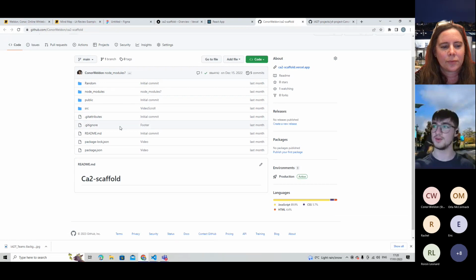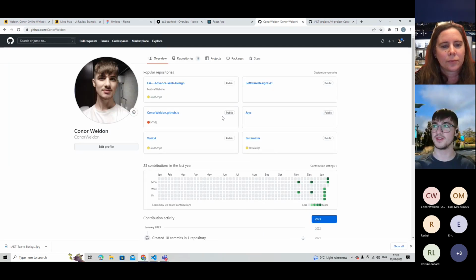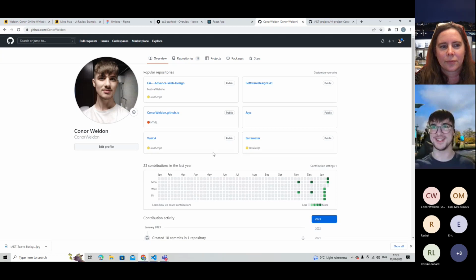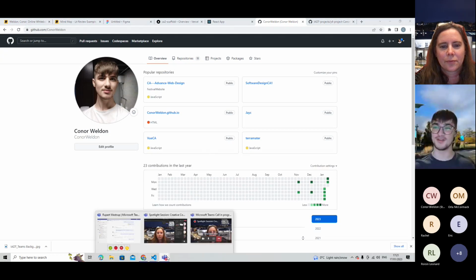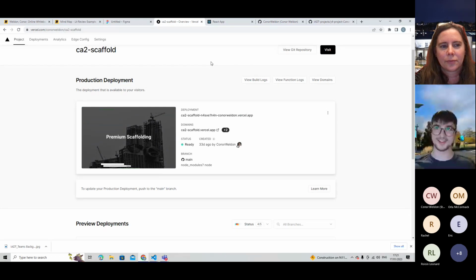And this is all my code. And it's basically just a big place that stores all your data and stuff. And it's really nice. It's where I store all my projects, which I'll show you really quickly. And so I have my 11 repositories, and it does keep track as well of how active you are. So because I'm doing my thesis, I don't think I've missed a day so far. So it's not too fun, but it's great. But it's good for lecturers to see that you are working throughout your whole project, and you're not just doing